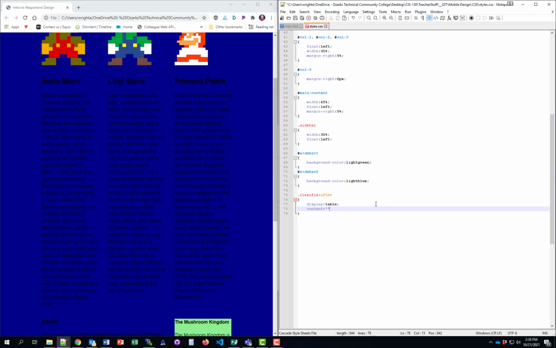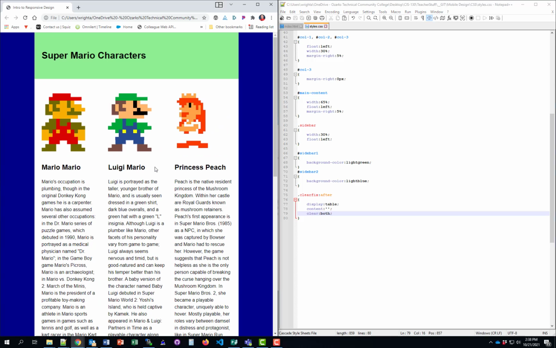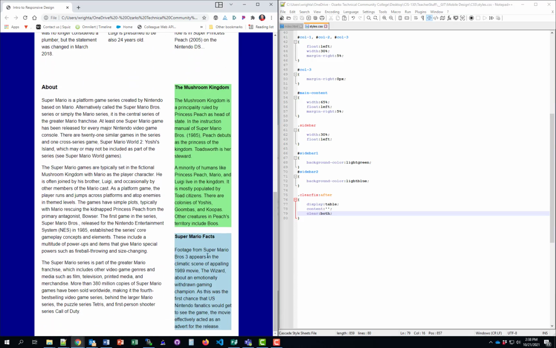Content colon empty string, and clear both, so that we're clearing the left and the right. Now just adding that in, we can save this, refresh it, and we see now we do have that whole background there. We're getting these colors here on the right and that sidebar, and this is kind of its own